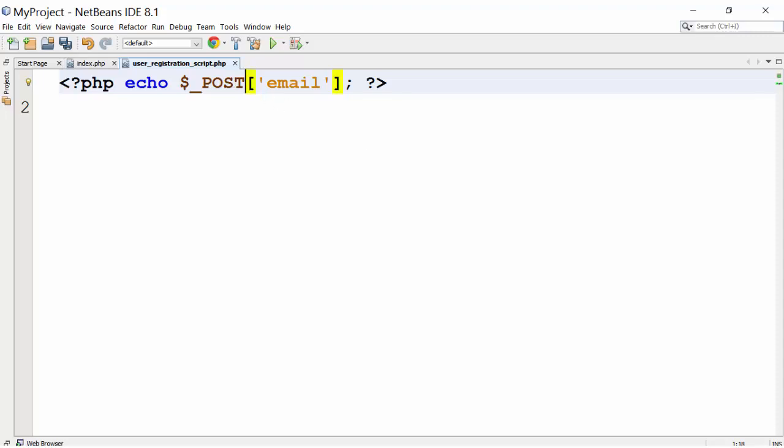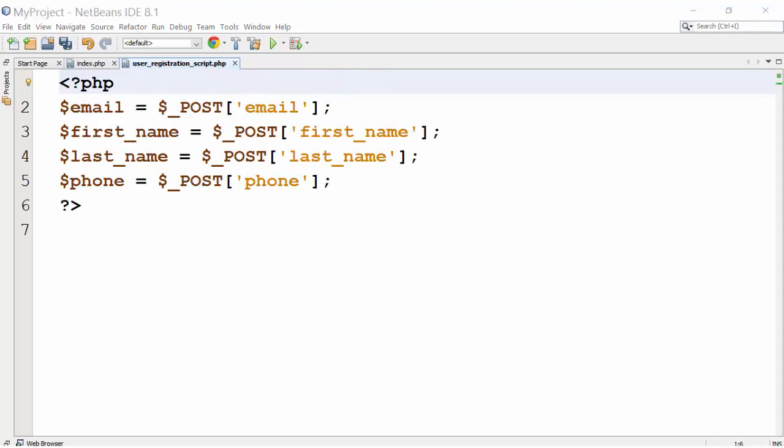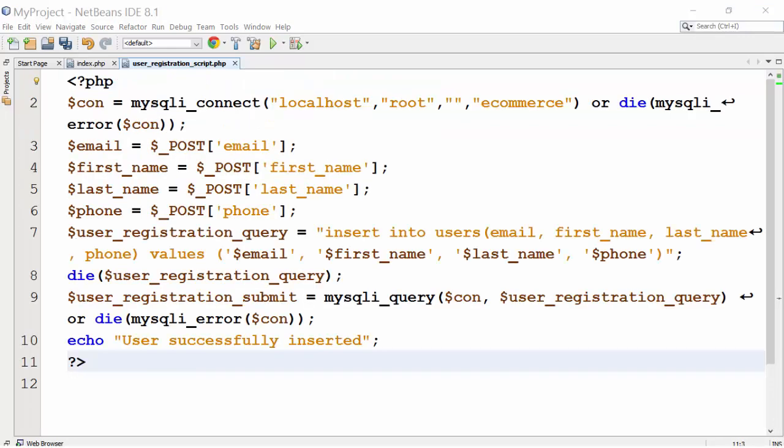Now, first we will store all the data from the form in the variables. Connect and write insert query. Keep the insert query in double quotes. The values will be the variables, as variable contains the value submitted by the user. We have already learnt how to write insert queries. The string values are always in single quotes.